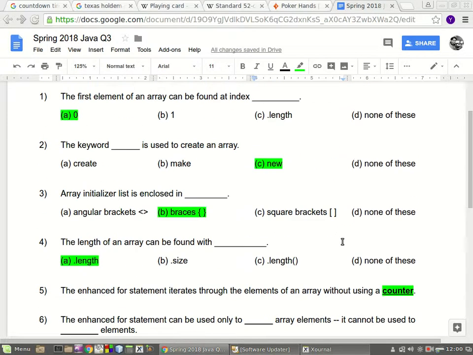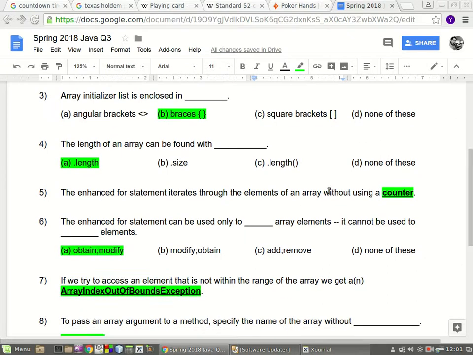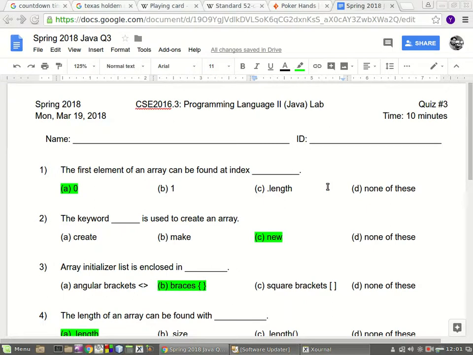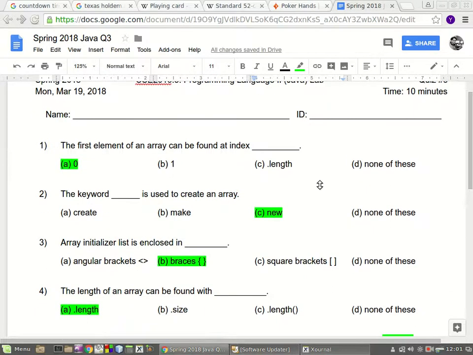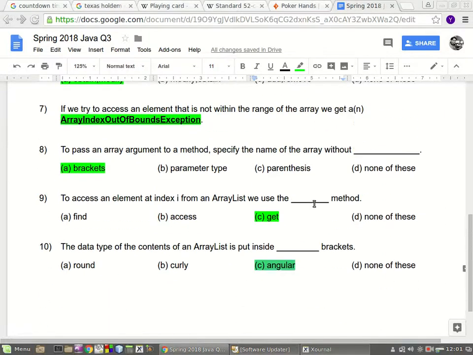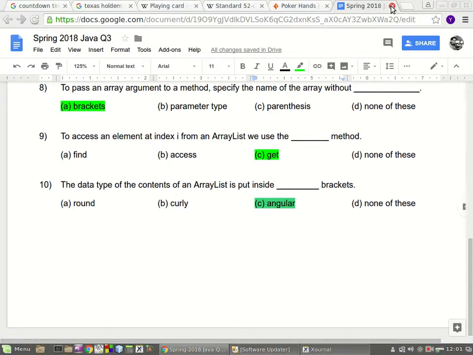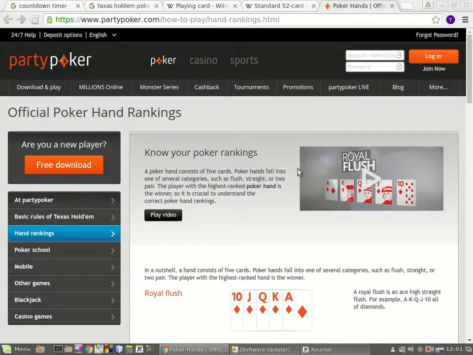So how did we do? How many of you got all of these correct? Okay, that's pretty good. 9 correct. 8. Right. Okay, so that's with the